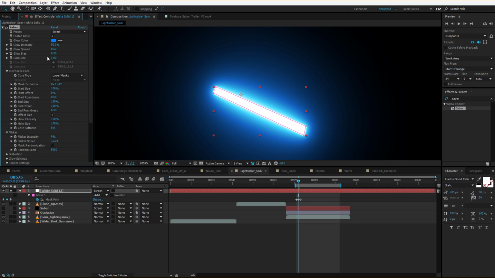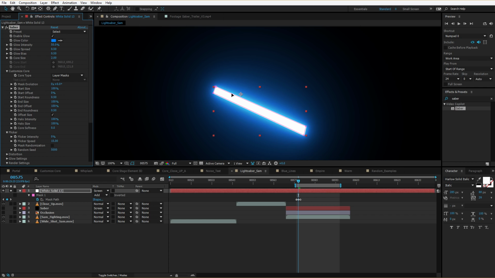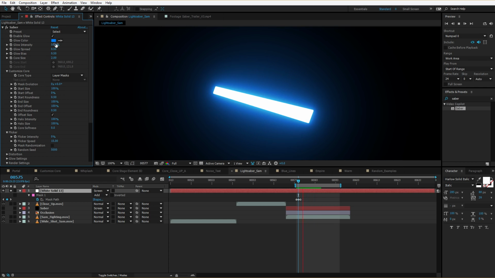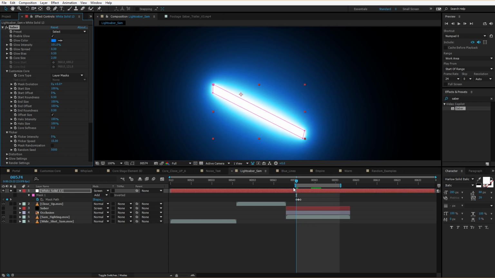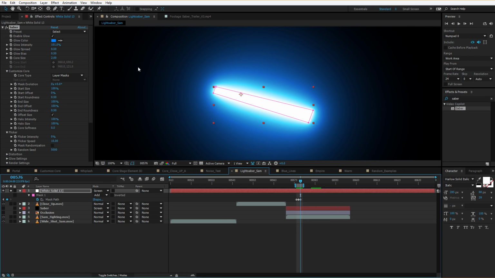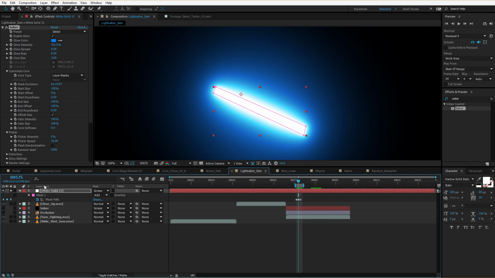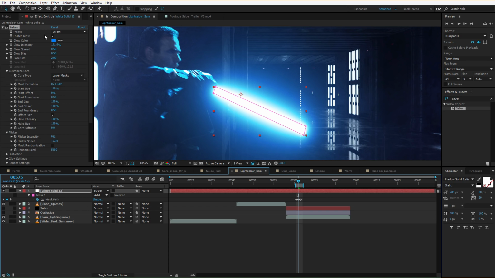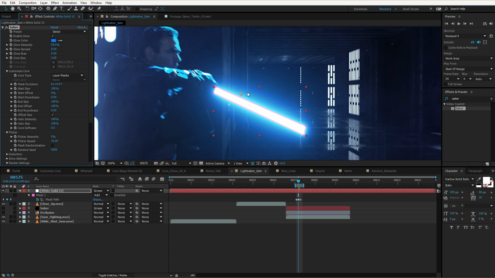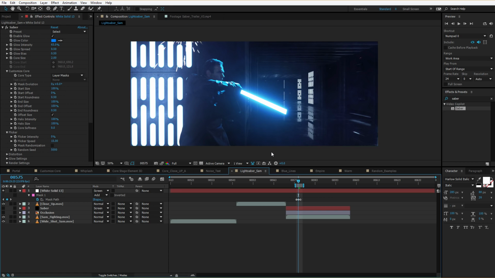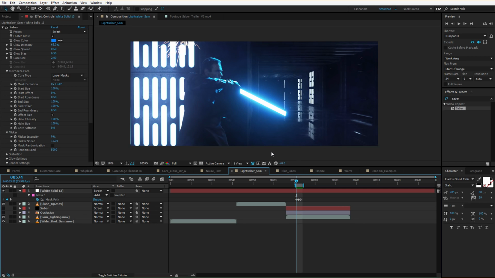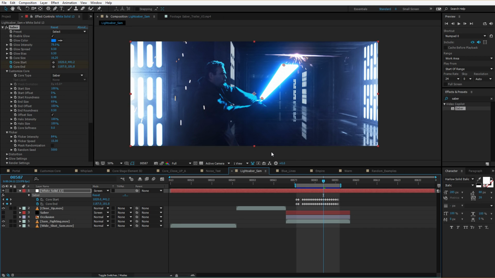And we could bring the size of the core down just so that it stays close to your roto. And all the glow settings and all the nice control and the flickering and everything will all work. And you have your custom control over your shape. So it's win-win. Now, there's another really cool feature, and this is one of the first features that we designed,